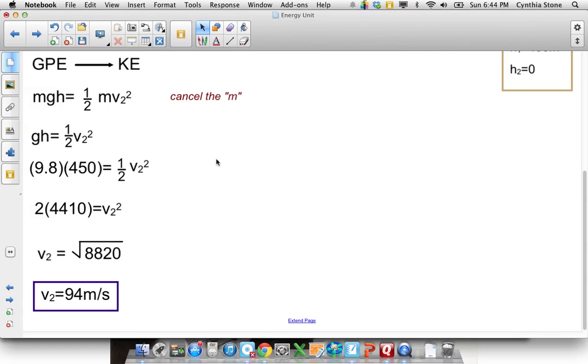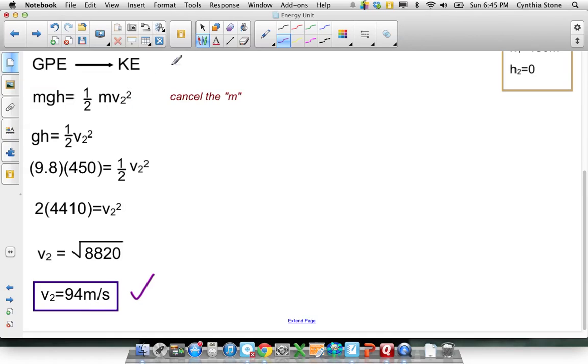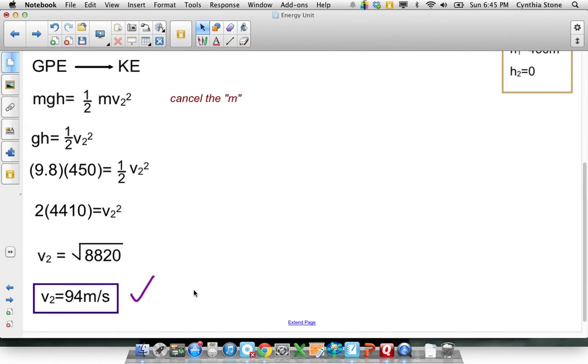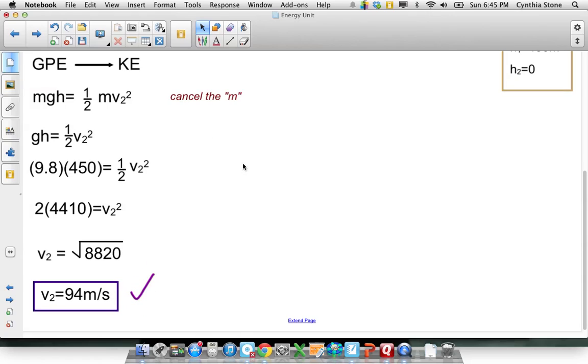And then you find V2. It's a fair bit of algebra, but there's some easier equations that come out of it. Okay, so by the time he hits that tunnel, he's apparently going 300 kilometers per hour, 94 meters per second. Pretty fast, but considering he's not even on Earth, probably the g is nowhere near 9.8 on the little island of Lando Calrissian's there. Ashamed of myself for that.